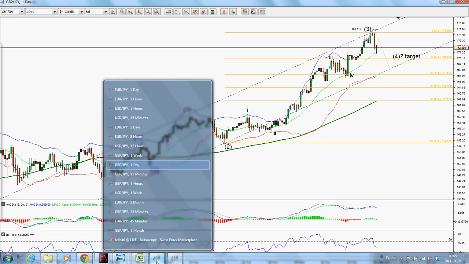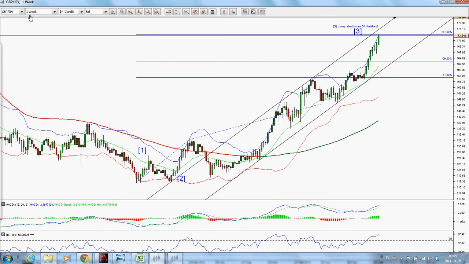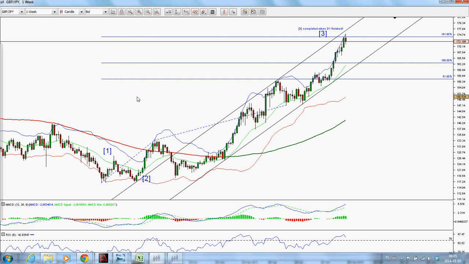Okay, weekly. Let's go to the weekly. Yeah, that's my weekly. One second to update it. Okay, so that is the whole development on the weekly chart, and in my opinion we had the 1 and 2. So this is the second corrective wave, 1, 2, and there was an internal development, and this third wave is ending. Okay, but this is a bigger 1 and 2, and the bigger 3 is developing,